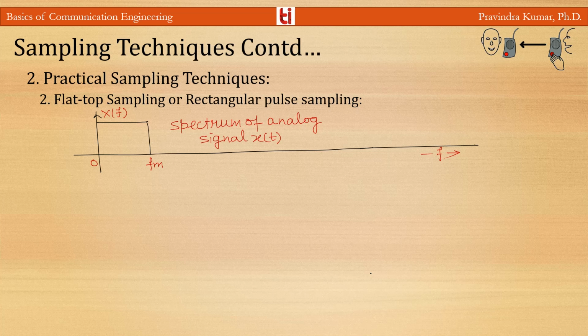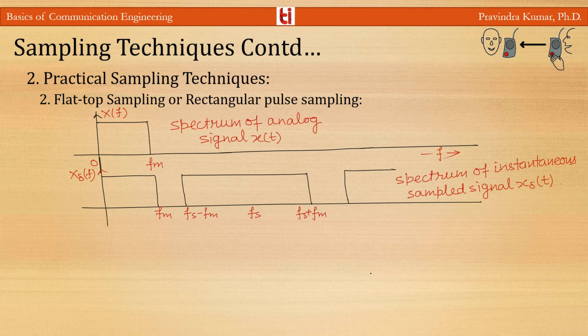So if this is the spectrum of the analog signal, the signal x(t) has a flat spectrum over its entire range from 0 to fm. The sampling frequency fs, or 1 by Ts, is large enough to allow a guard band, and due to the pulse width tau, the SNR of the transmitted signal is improved. This will improve the system performance in the presence of noise, and it is possible to use a practical low pass filter, with no need to use an ideal filter.